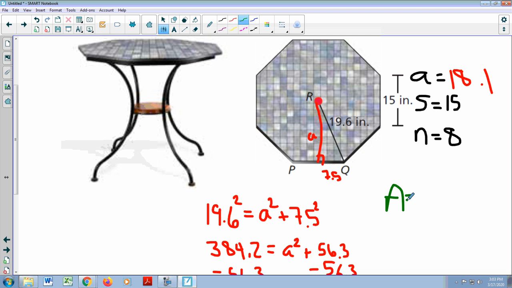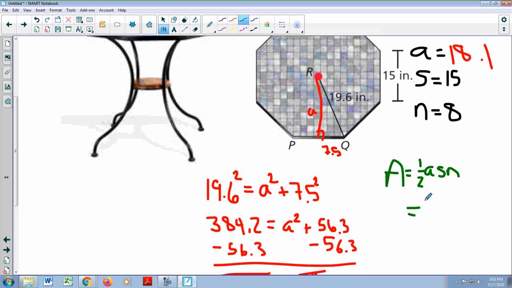Area equals 1/2 ASN, 1/2 times 18.1 times 15 times 8. So 0.5 times 18.1 times 15 times 8 is